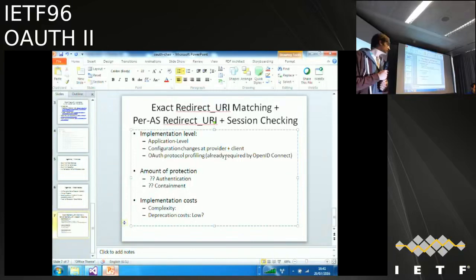So here's what I hear. I hear certain different solution approaches for dealing with the mix-up attack, and I hear different preferences on what people would like to do with those, and we need to make a decision on those. But I also hear that some other people say they don't want to talk about specific attacks, but instead want to talk about all of them at the same time, and then document those, which I think are two orthogonal issues.